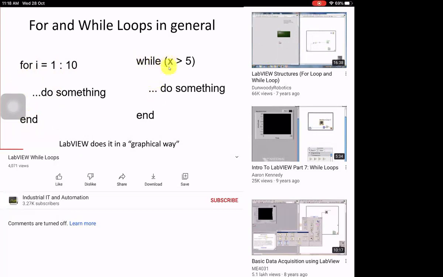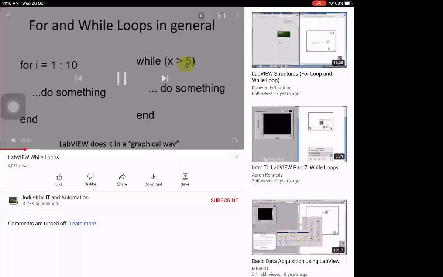Same for while loops. Then you typically have a condition. It could be above or below some value, and while x is above this